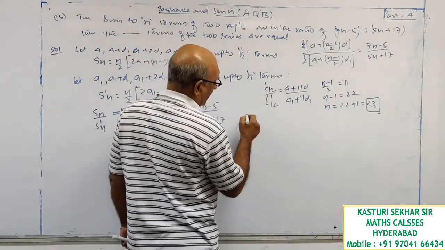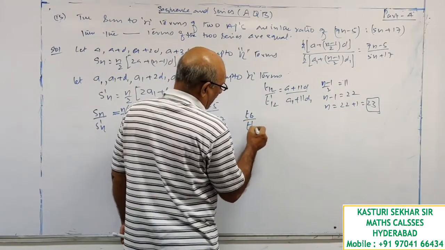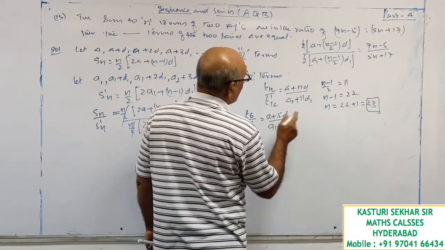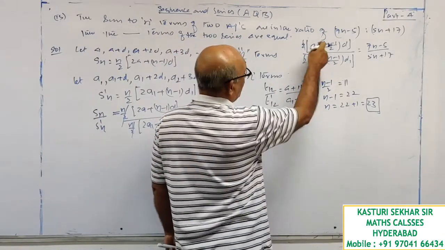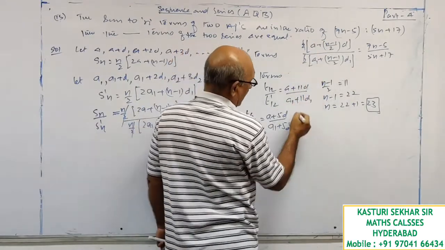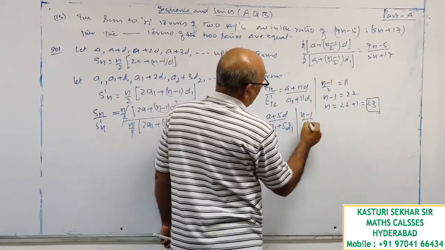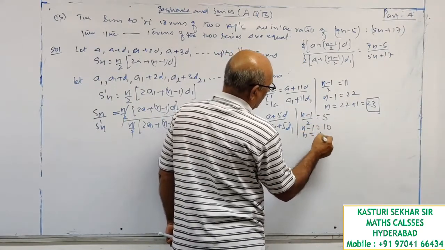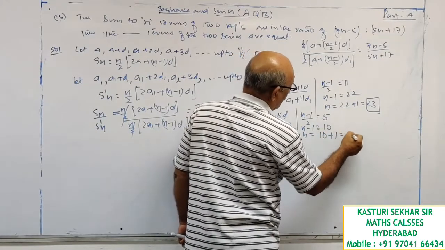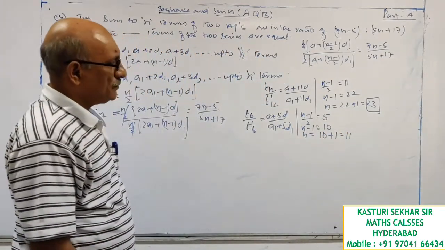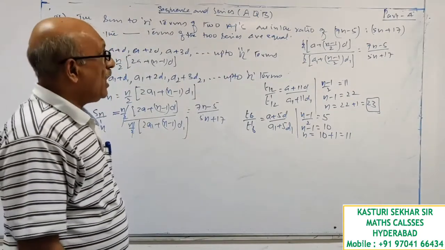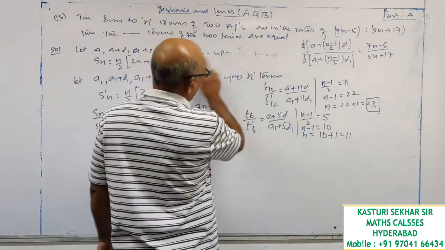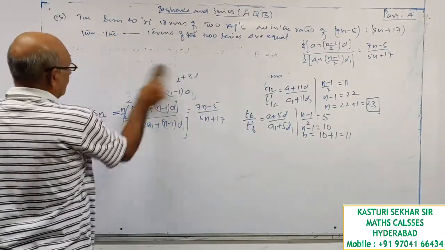Let us verify the sixth terms of the two series. T6 by T dash 6 is a plus 5d by a1 plus 5d1. If I compare these two, in the place of a it is a only, in the place of d it is d only, and in the place of n minus 1 by 2 it is 5. So n minus 1 is 10, n is equal to 11. Now, how to proceed for the solutions of this one? That concept is derived from this.